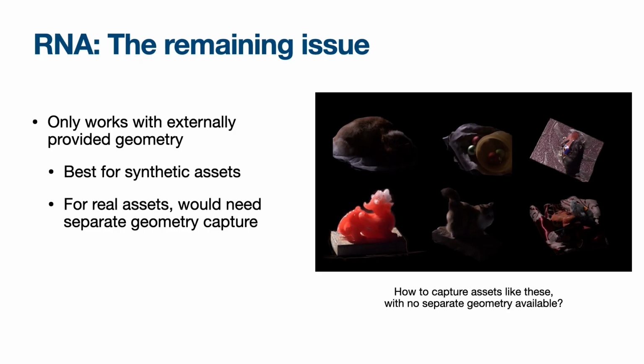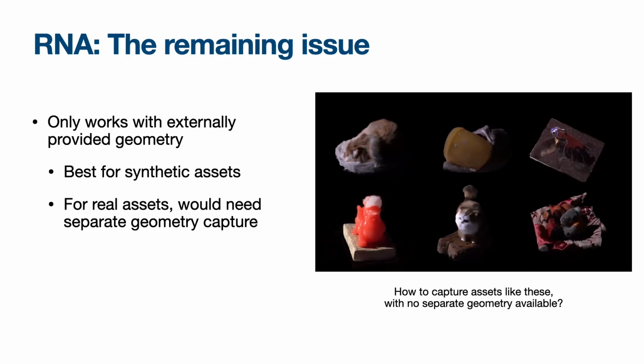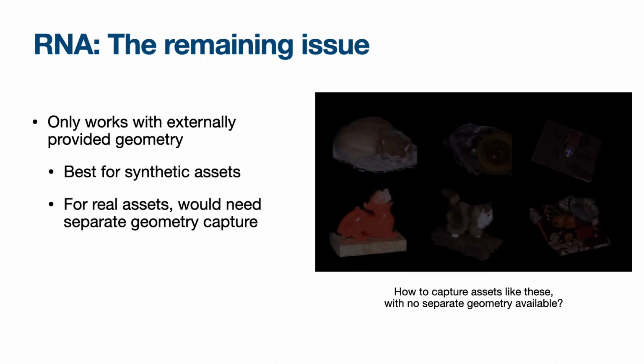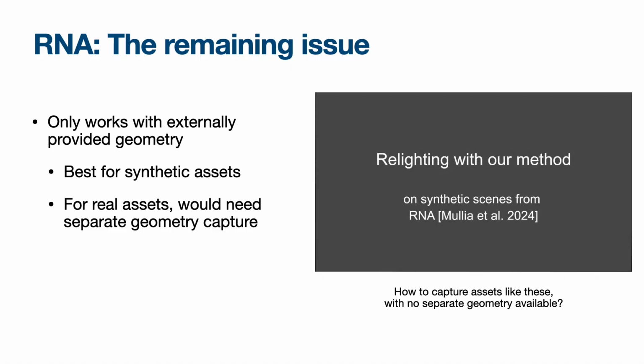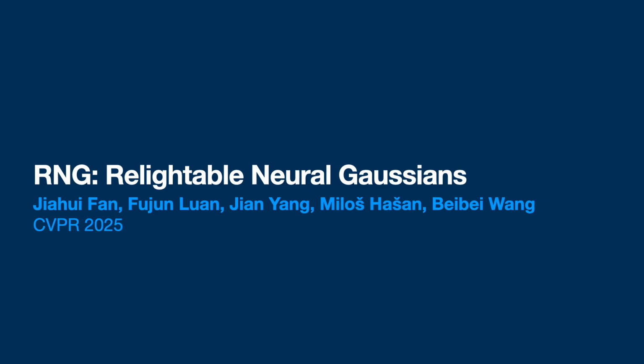Though, of course, the one remaining issue is this geometry. We are assuming somebody gave us Oracle ground truth geometry. So can we get rid of that assumption? So that's what the relightable neural Gaussians that is presented here